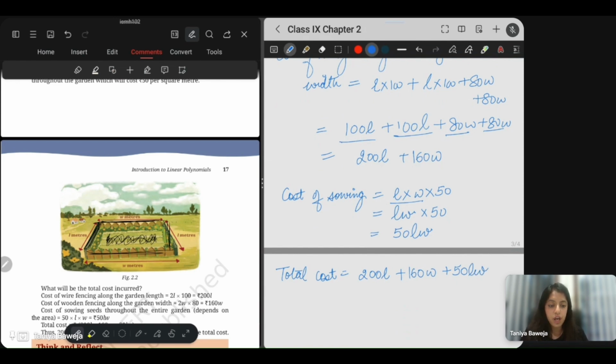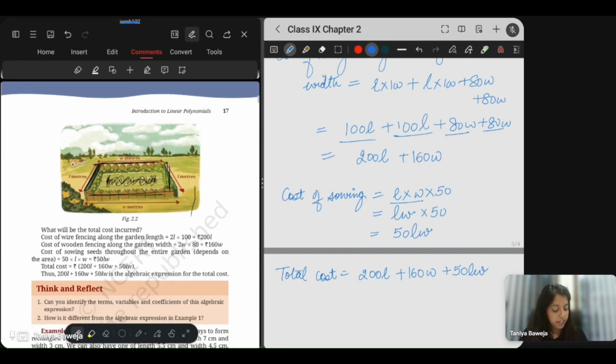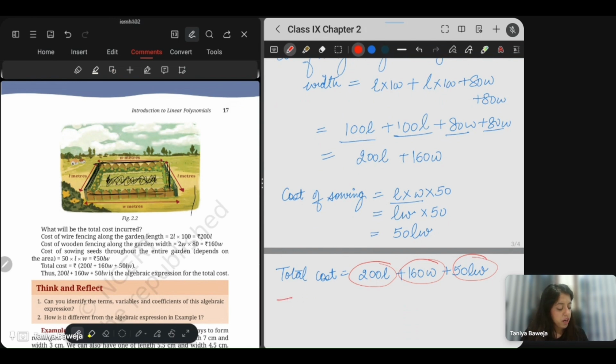Okay, understood how we have got this? Let's move on to the next part. Can you identify the terms, variables, coefficients of this algebraic expression? Okay, we can find out. The terms in this expression would be 200L, 160W and 50LW. ठीक है, तीनों terms हो जाएंगे. So our terms are 200L, 160W,